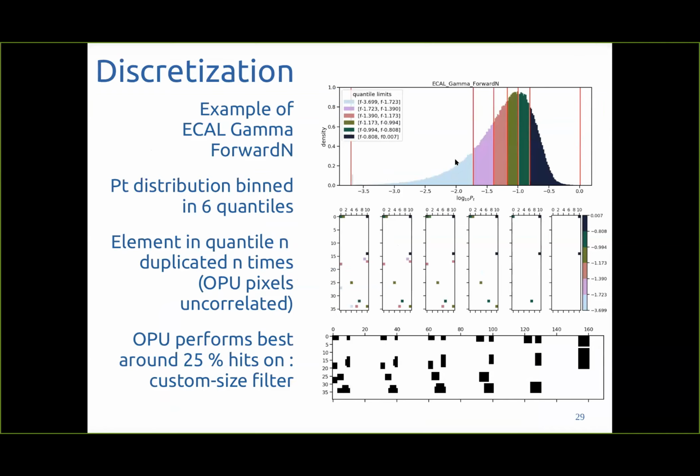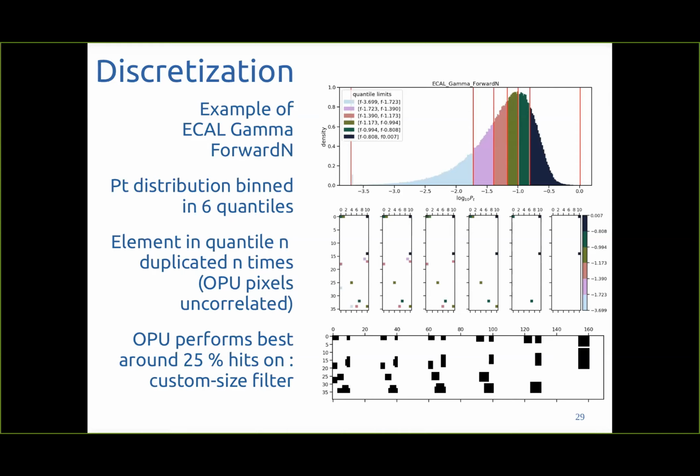It's divided into 6 energy bins, and for each bin, for instance, if you take one event in the bin of higher energy, we'll duplicate it 6 times. The duplication is a measure of the energy it had. So if the energy was higher, there will be more pixels that are put to on. Please remember that we don't mind if the pixels are close or far, because in the end it will be mixed all the same in the OPU.